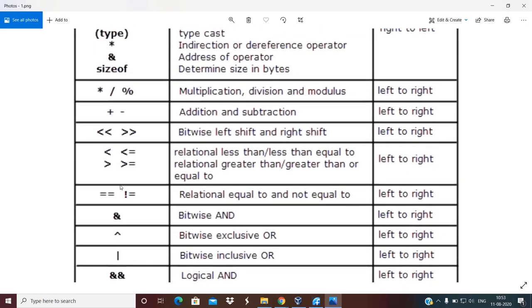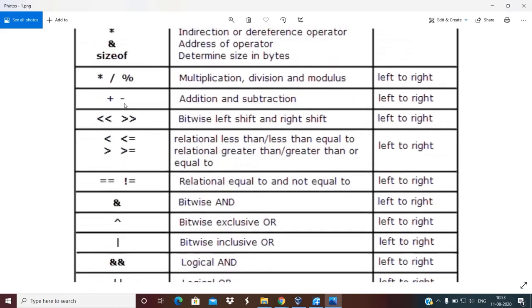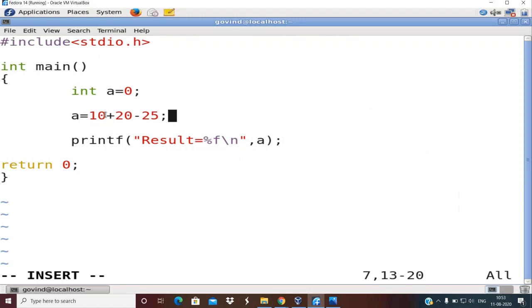Hence the assignment will happen last and plus and minus will occur first. So we have resolved the priority: arithmetic operator evaluation happens first, followed by the assignment.